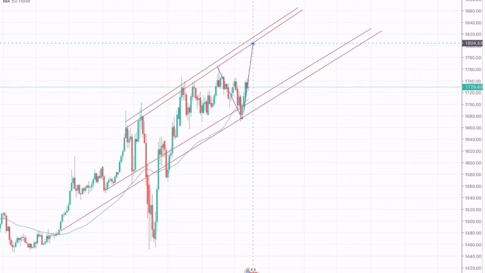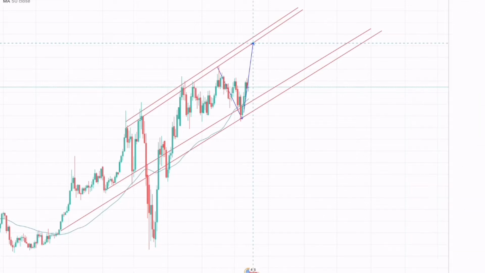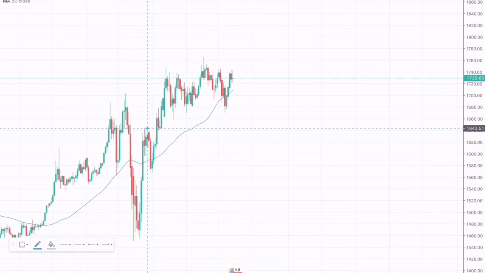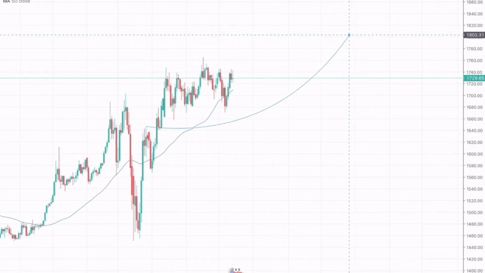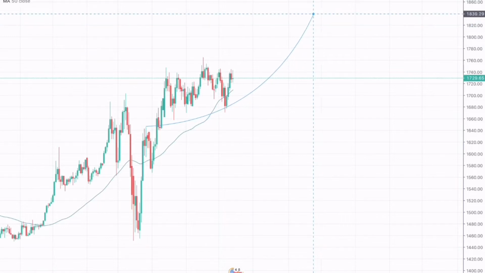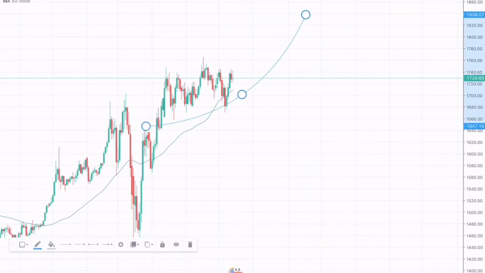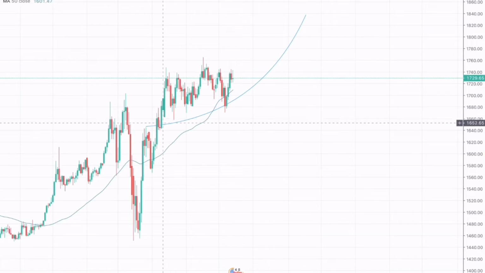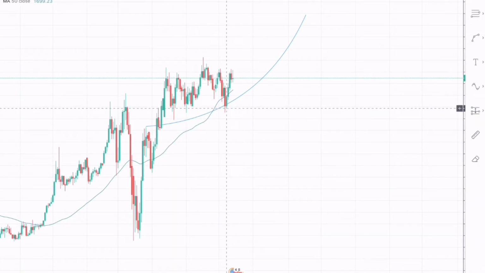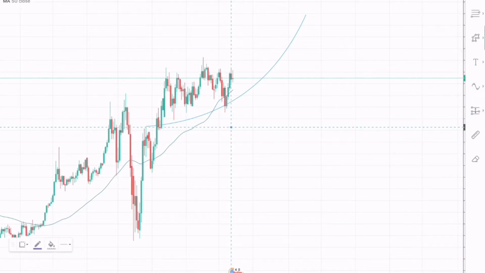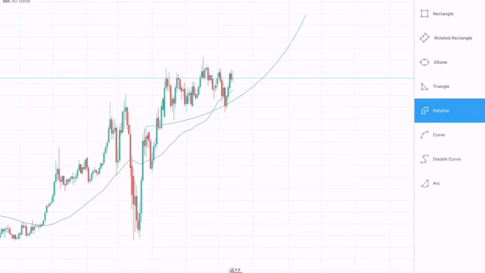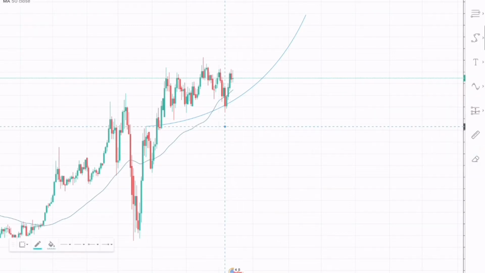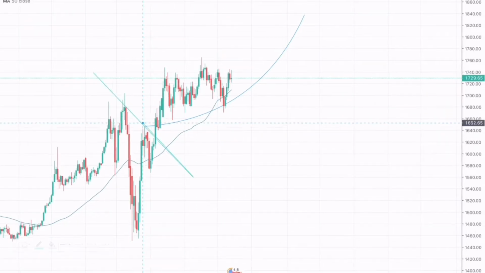Moreover, we have some more drawings. Let me show that also. Here we can draw a curve which is something like this. Here we can see that the market has taken support at the curve around here in a zone and around here. Moreover, we can draw one more drawing. Let me draw that. It would be this, around here